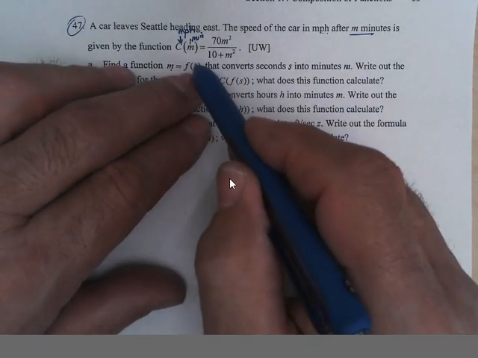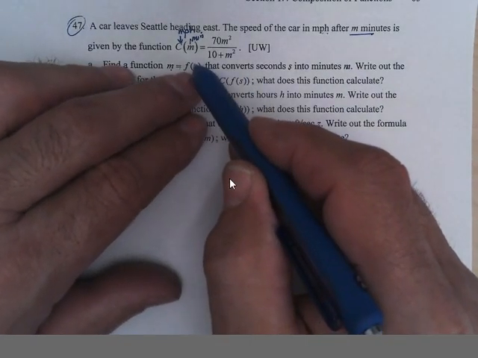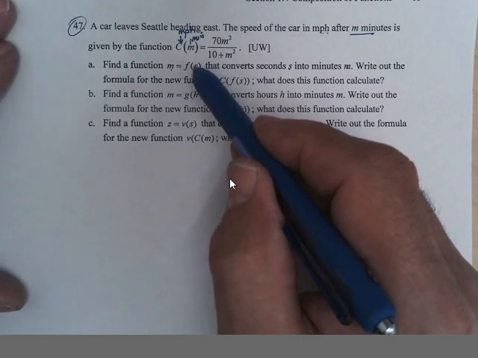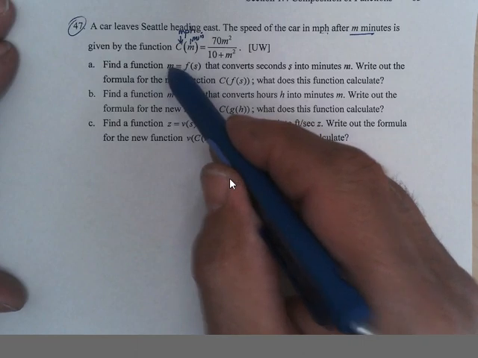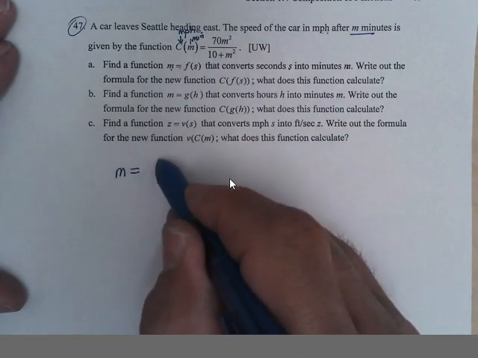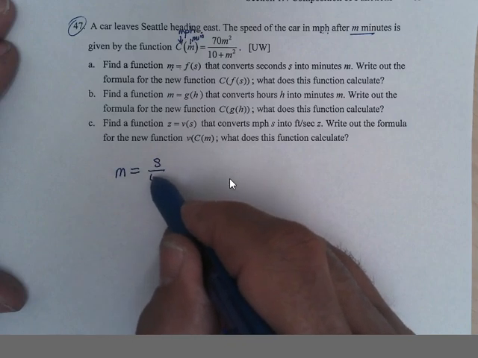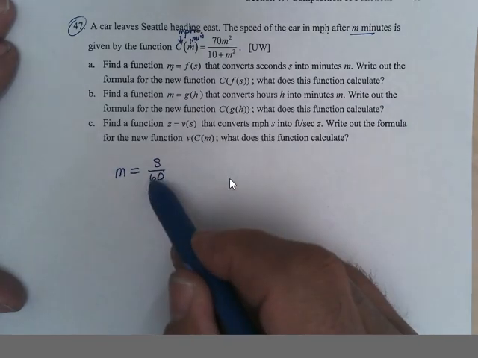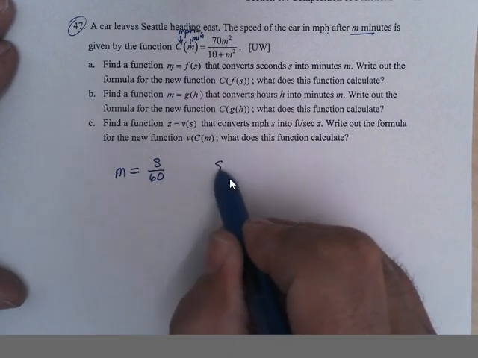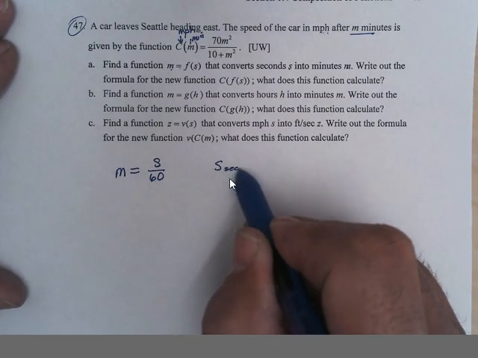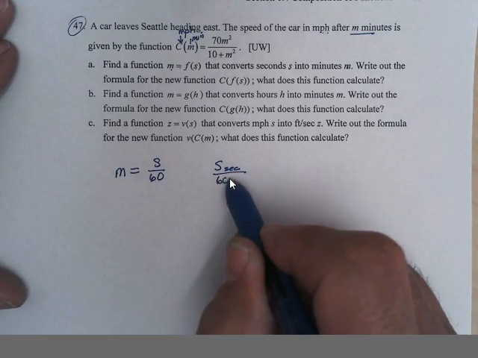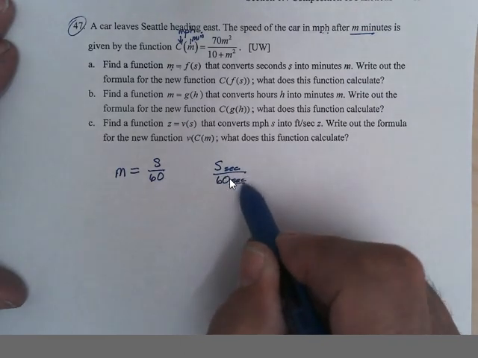So if I give it seconds, like if I give it 120 seconds, I have to find out how many minutes. Well, 120 seconds, I'd have to divide by 60 to get the minutes. So m is s divided by 60. The seconds divided by 60 is minutes. And let's just talk about the units here. So s is in seconds, and if we divide by 60 seconds per minute,